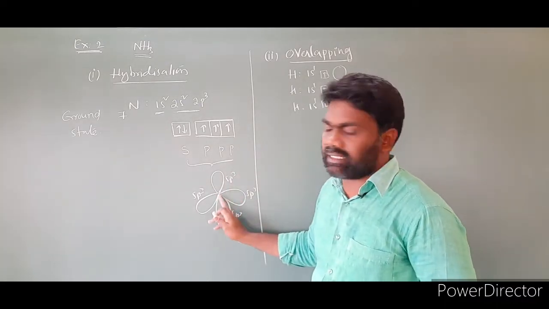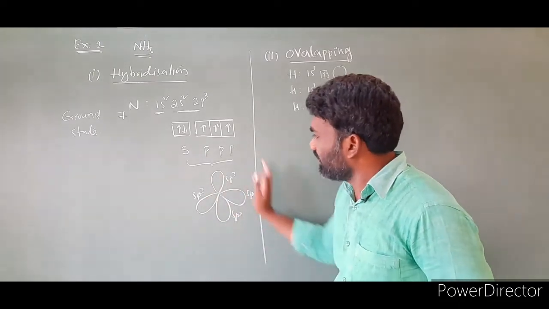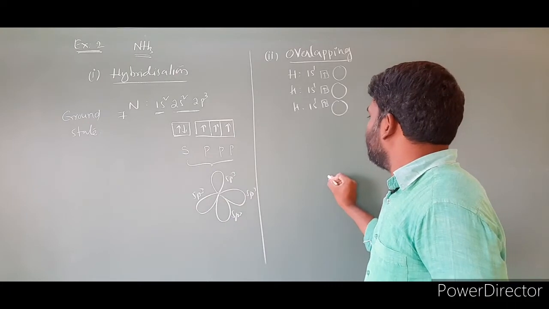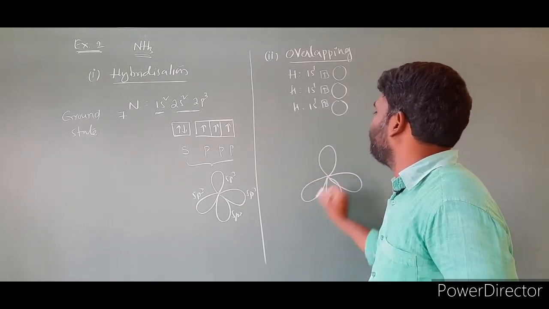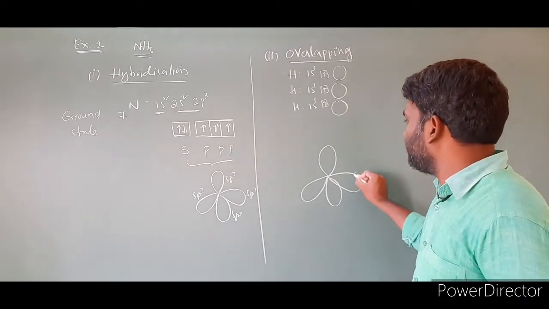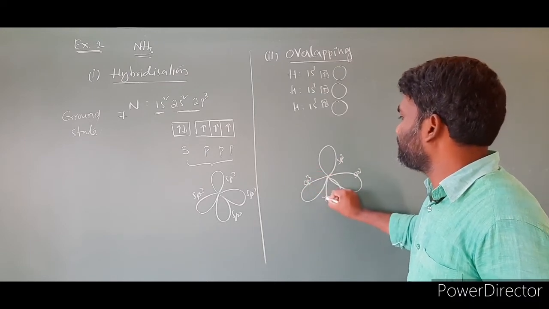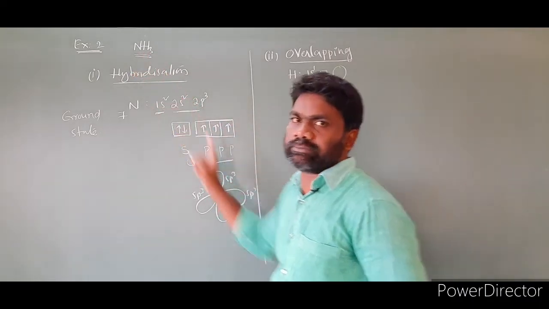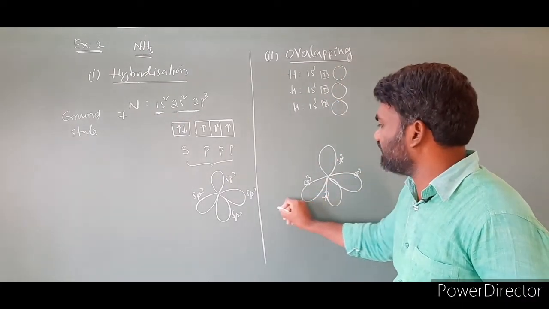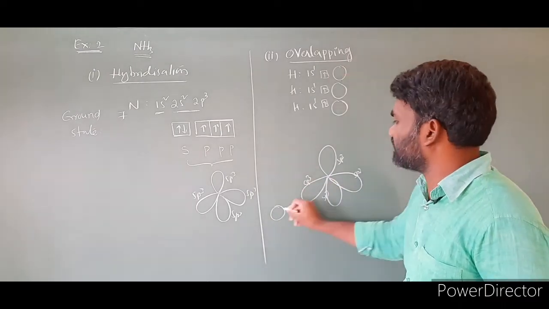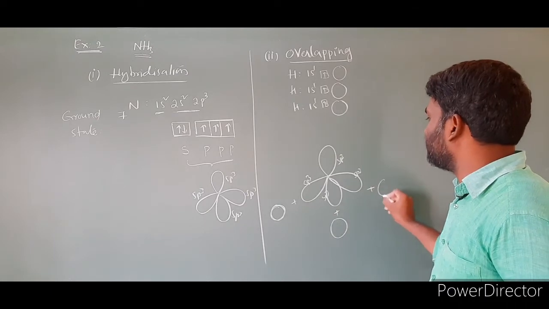They take these three orbitals. They take these sp3 orbitals in the center, like this: 1, 2, 3, 4, isn't it? So these are the sp3 hybrid orbitals of whom? Nitrogen. This is the central atom nitrogen, the sp3 hybrid orbitals of nitrogen. There are 3 s orbitals: this is one s orbital, this is another s orbital, and this is another s orbital.